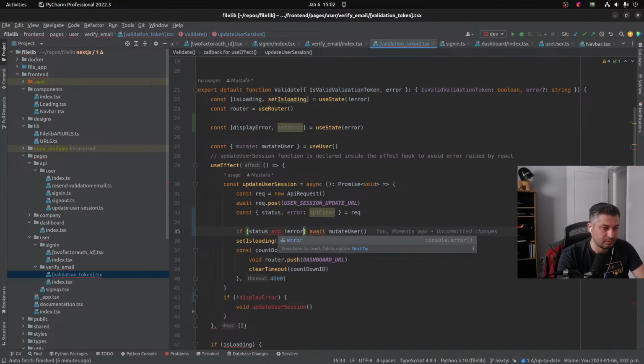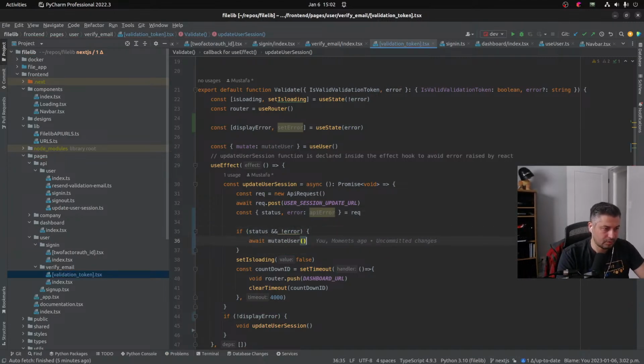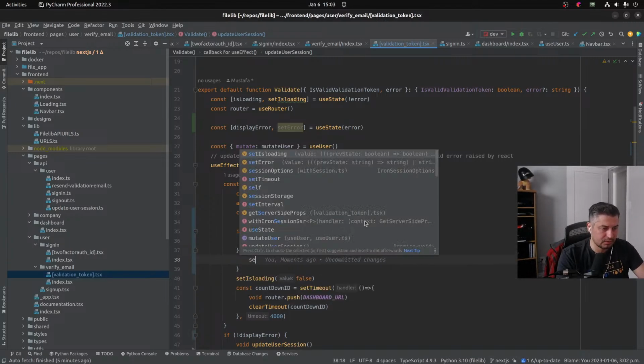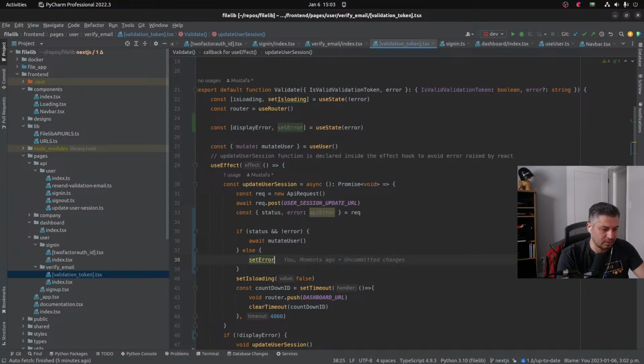And not error. This is not Python. We're gonna do this, and otherwise else set error. We're gonna say API error, and we also need